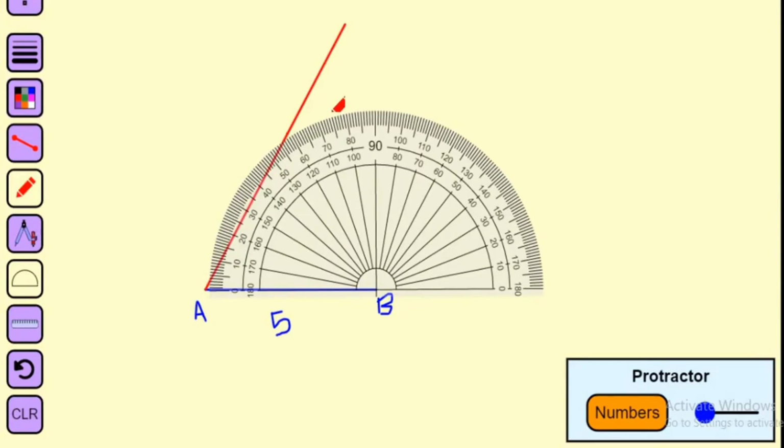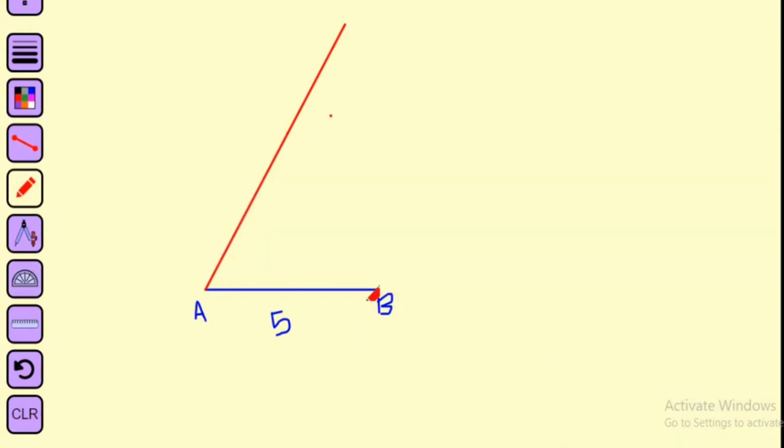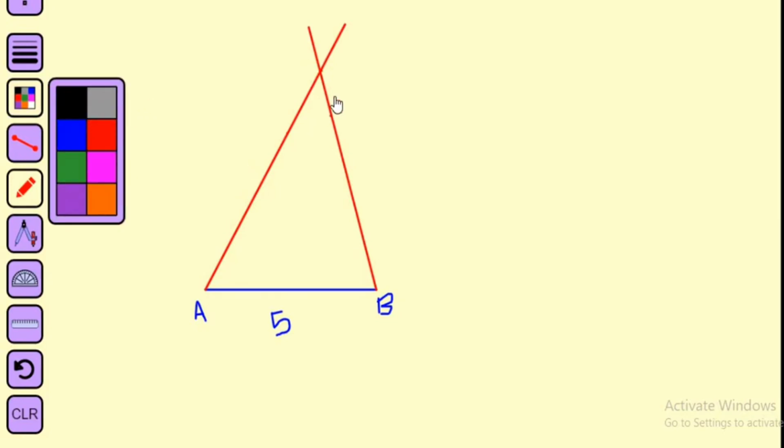And mark the point 75 degree. You have to be more careful. Then mark the point, then elongate the line. So you have to join the line from B and you can extend the line. Keep the scale and join that point with B and just elongate the line so that it touches the line which you already drew. Then you will get a meeting point and that meeting point is the vertex C or the point C. You have to mark it as the point C.